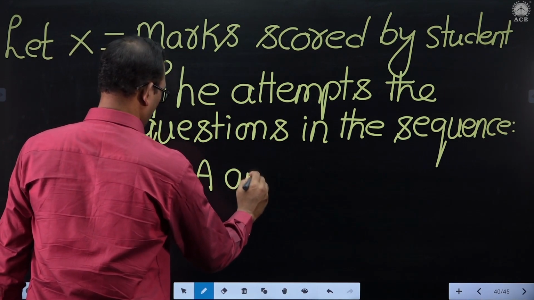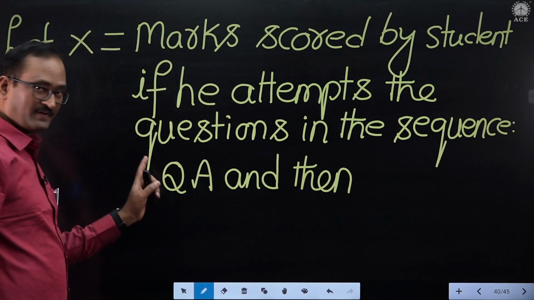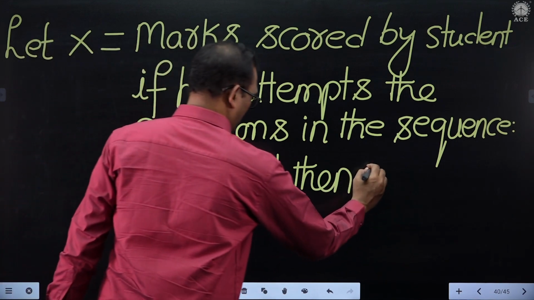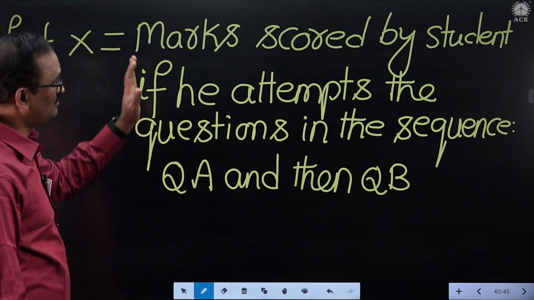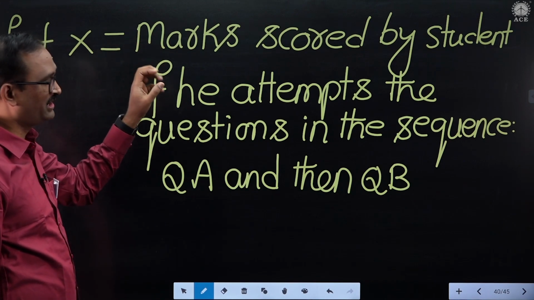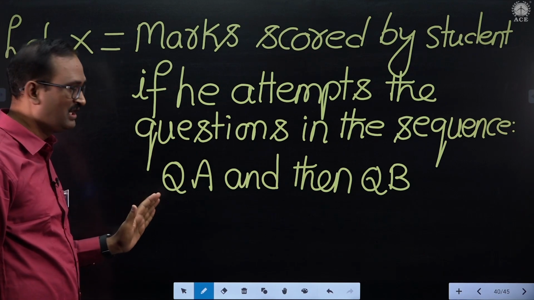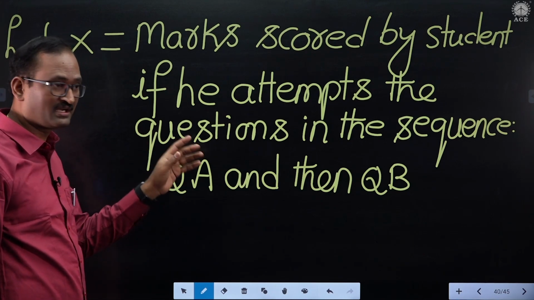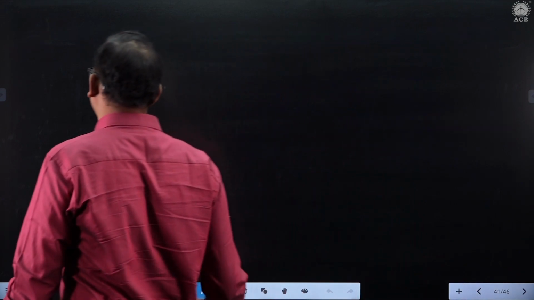Question A. First question A and then question B. Let us assume x is equal to marks obtained by the student if he is trying to answer the questions in the sequence of question A and then question B. Now, similarly, y is equal to